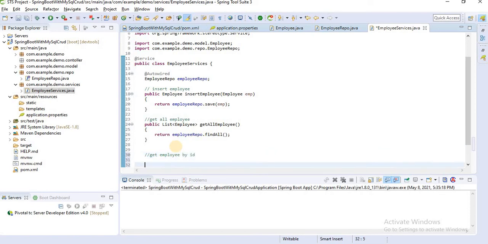Then we have public single employee, that's why we are directly defining it here. Get by id employee.